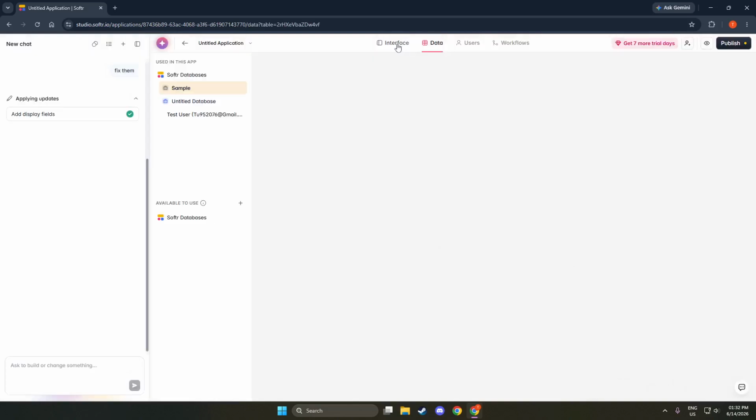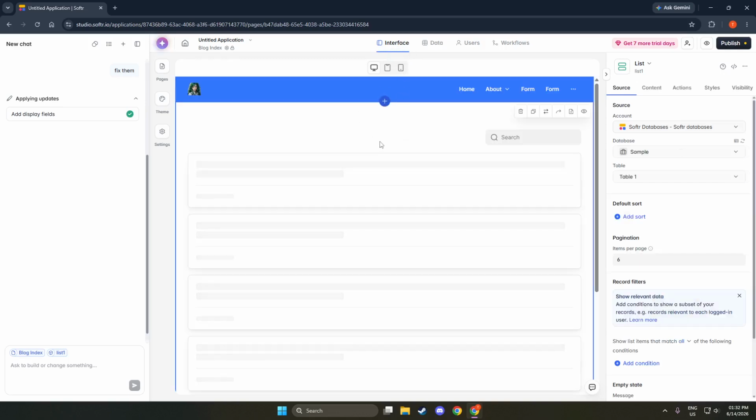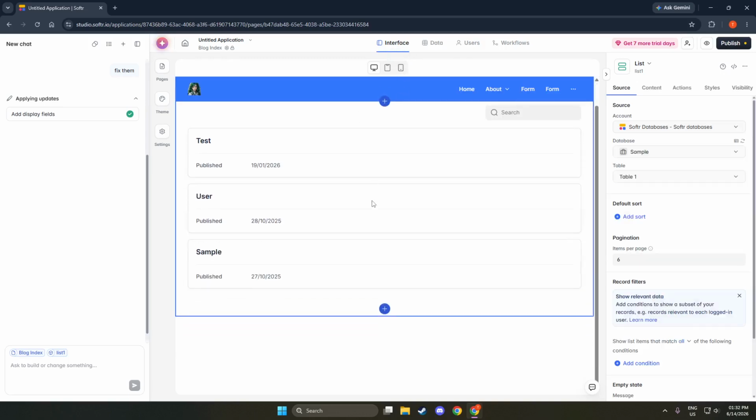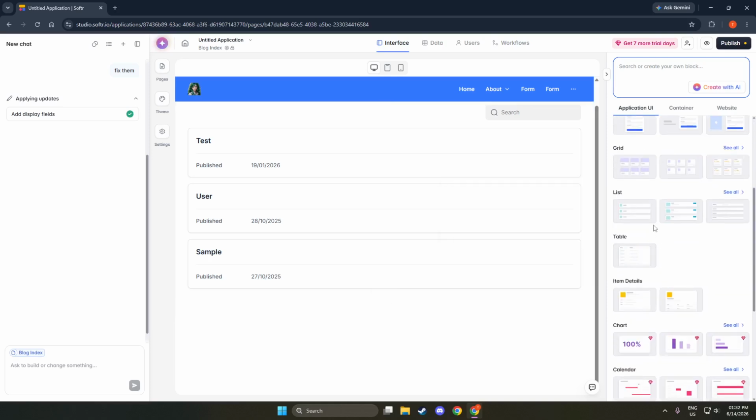Once you have everything set up, look to the top right of your screen and click Publish. This action updates your page and makes it accessible to the world. You will want to copy your live link. This could look like https://yourapp.soft.io. Share this link to let others read your new blog.